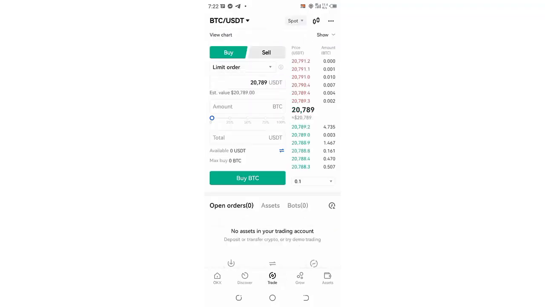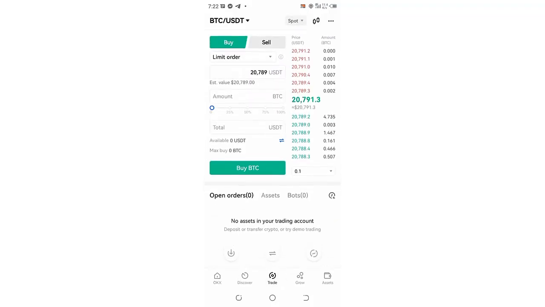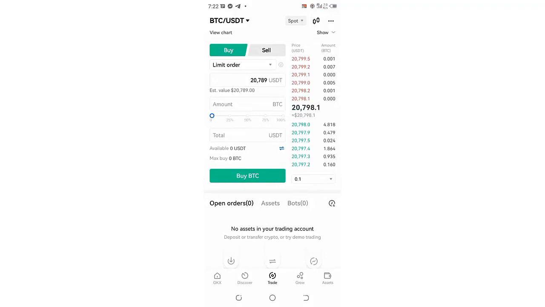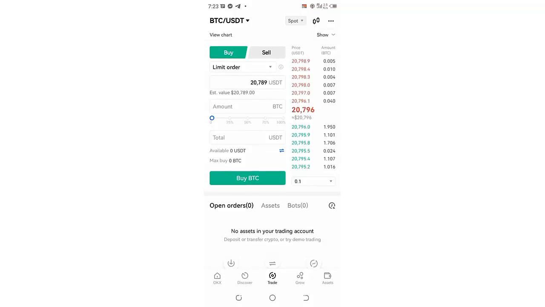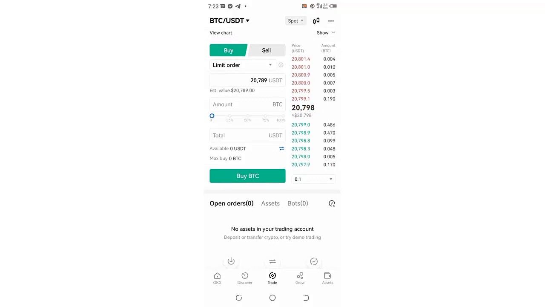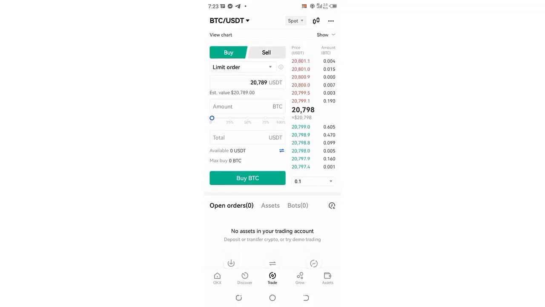So this is trade. Look at the price. Look at here. We have USDT here. We have buy. We have sell. Okay. So what we are buying here is USDT. Okay. So look at the price of USDT. Look at the trading pair up here is BTC to USDT. Okay. So you trade BTC against USDT. So under this place now, you can see that the price of BTC is